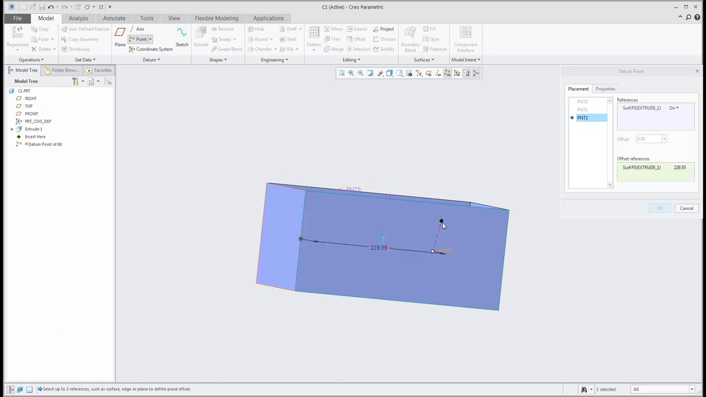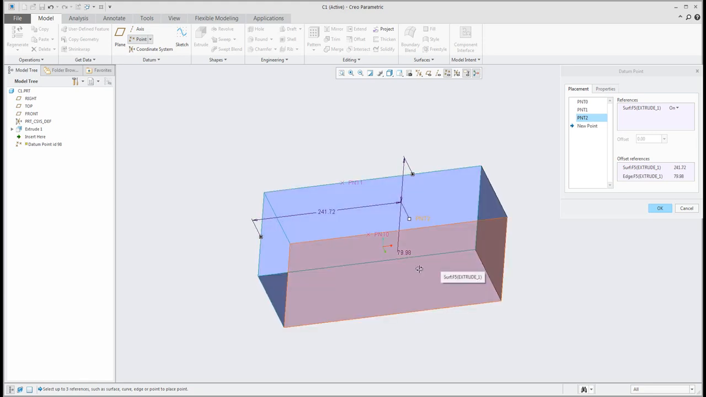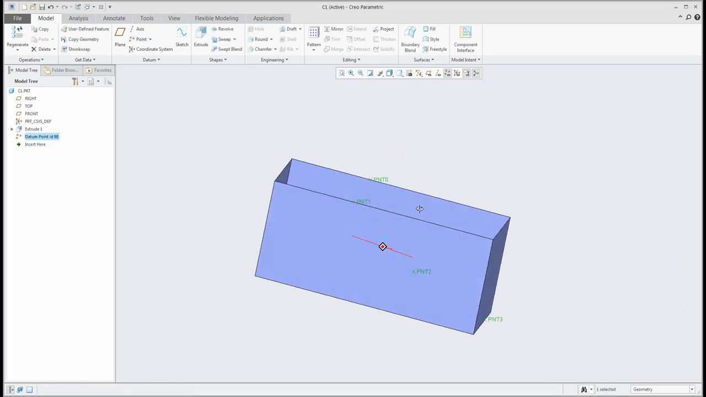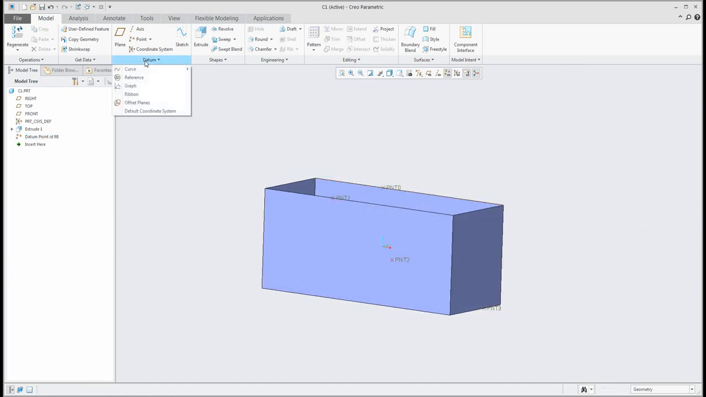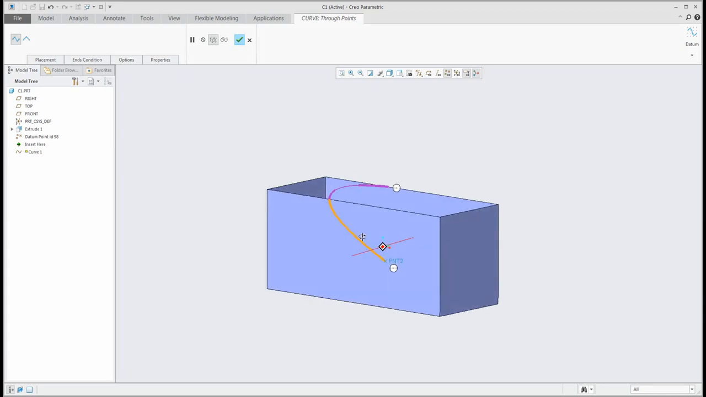What we need to specify is the offset dimension for that point. This point is placed on the surface, and again I can continue, for example, on that curve. Okay, perfect. So right now we have a couple of points here, and what we can create is a datum curve through the points. If you select more than 2 points, the system will allow you to specify if you would like to go straight on